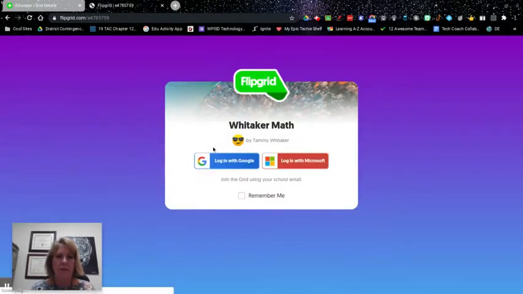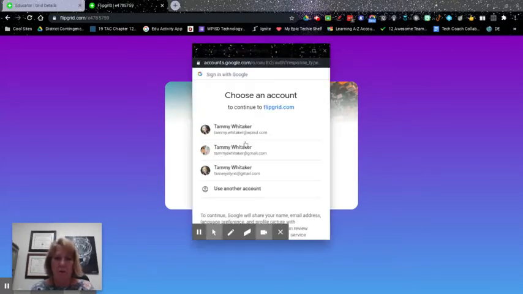And this is the link to the grid. Now, this is what the kids would see if they were to use their Chromebooks. They went to that link that you provided in Google Classroom or in an email or whatever, and then it's going to ask for their email. So you log in with Google, you choose your account,